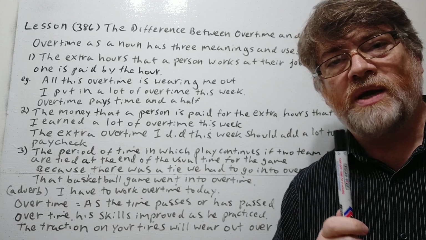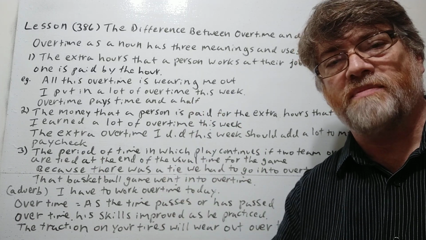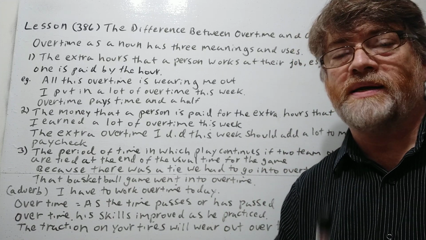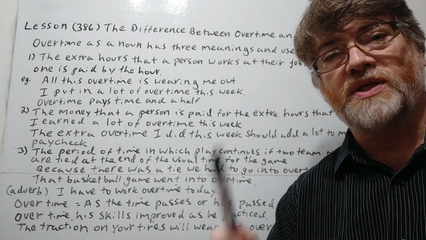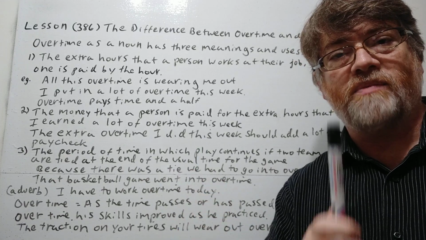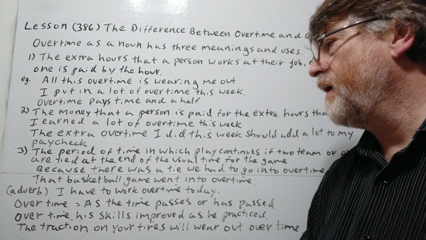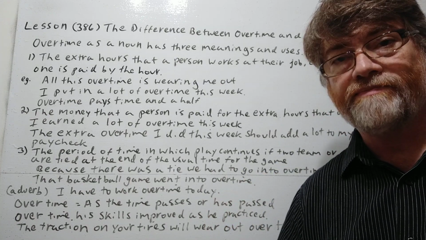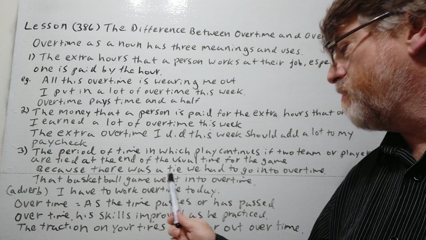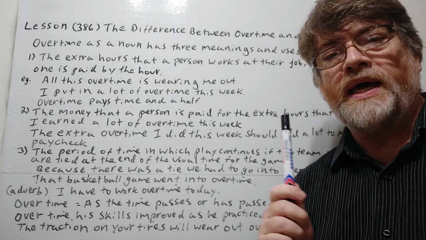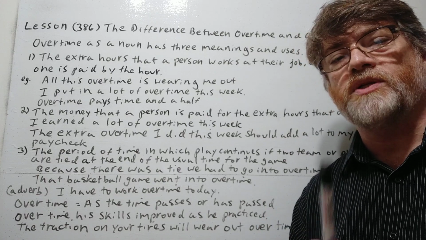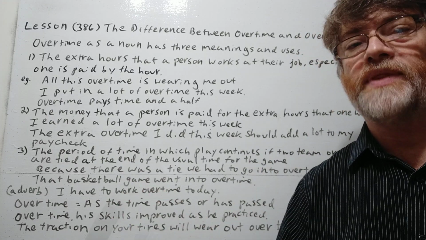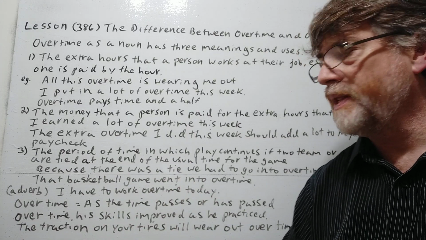But other sports where they do run by a clock, it's like set. This is the time it's supposed to end. And if right at that moment that it ends, the two teams just happen to be tied, they might have to go into overtime to decide a winner. So in that case, again, we still use overtime as a single word. Okay, and just a few examples. Because there was a tie, we had to go into overtime. Or that basketball game went into overtime. So any sort of sport or competition that runs by clock, and if they allow it to go later than that to break a tie, then they're going into overtime.